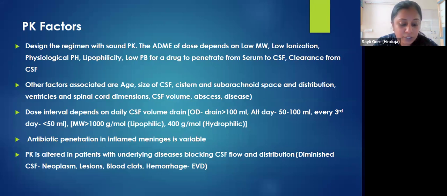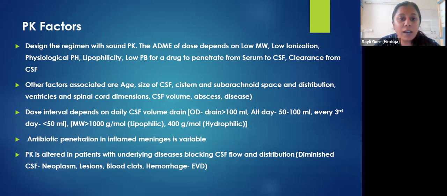Then another factor is meningeal inflammation. It inhibits the elimination pump, and there is increased penetration of these drugs, with a decrease in penetration when the steroid is given. When the steroid is given, the inflammation is reduced, and thereby it will decrease the penetration of a few drugs that was actually going inside because of the inflammation. So overall, you have to design the regimen with sound PK properties, and the ADME depends on low molecular weight, low ionization, physiological pH, high lipophilicity, and low protein binding for a drug that penetrates to CSF,